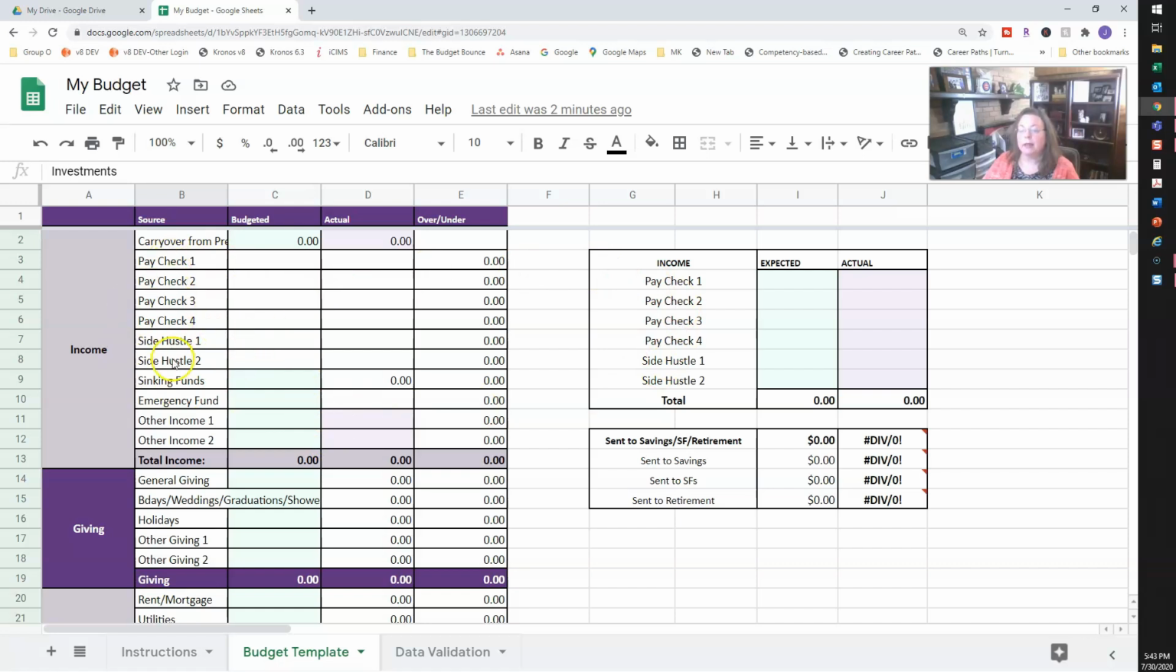You want to get these labels so that they represent things that mean something to you. If paycheck 1 and paycheck 2 is good enough for you, great. But if not, the way we do it, just as an example, we do Matt